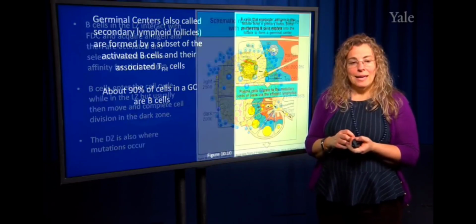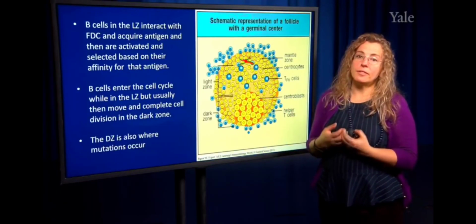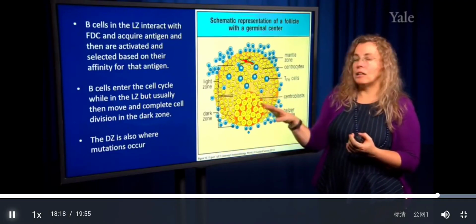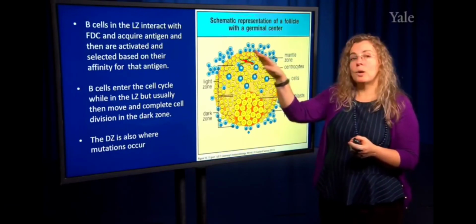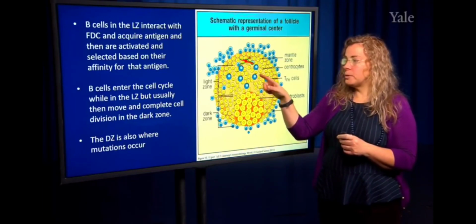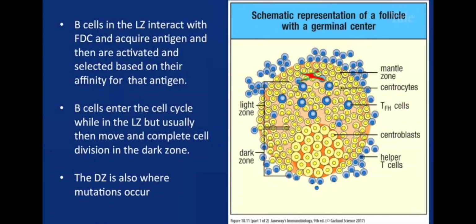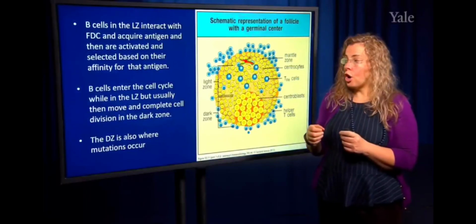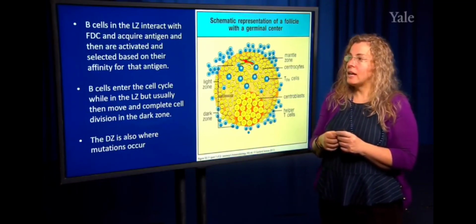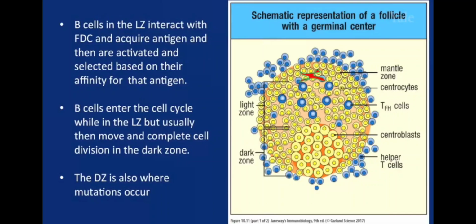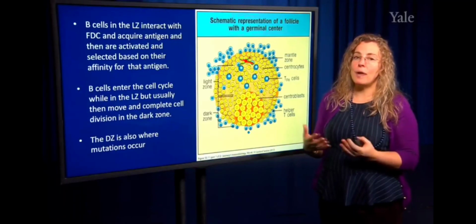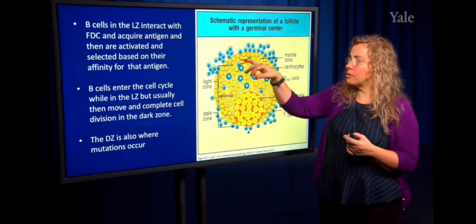Here's a close-up of a germinal center. Now, the cells in yellow are mostly your B cells. In blue are helper T cells, but the bigger blue cells here in the center are your follicular helper T cells. So, you also have two zones in a germinal center called a light zone and a dark zone. That's about how they look under the microscope. It doesn't really tell you much about what happens in each place. B cells in the light zone will still interact with those follicular dendritic cells, as shown here, this cell in red. So they're still pulling antigen